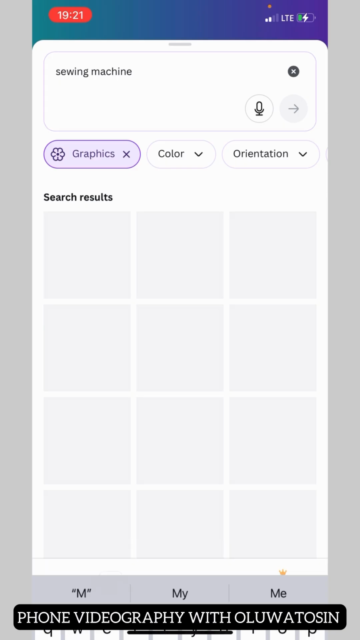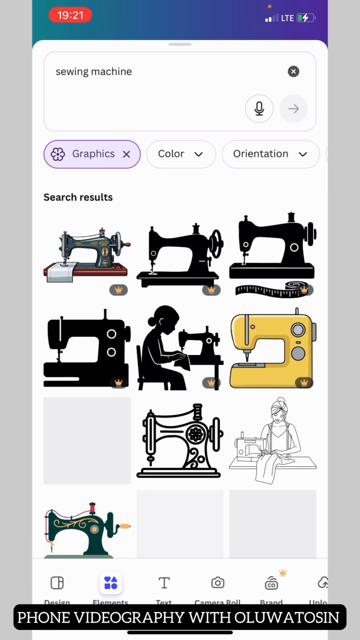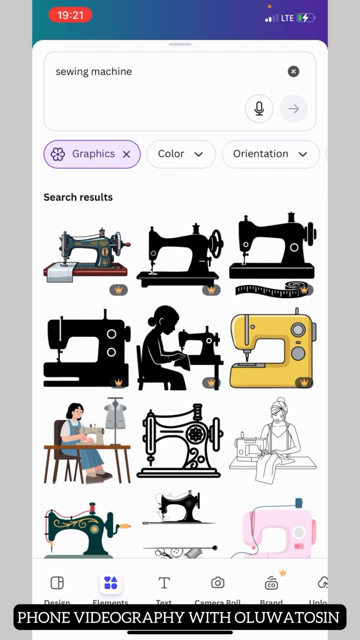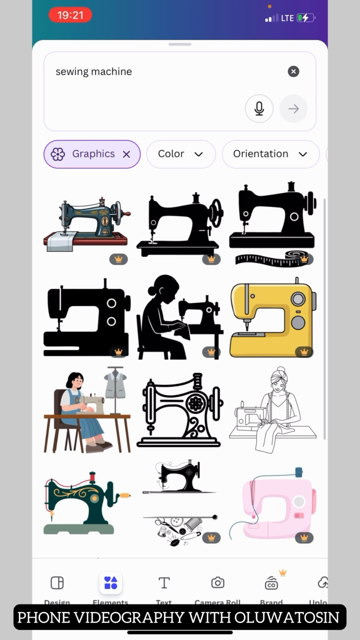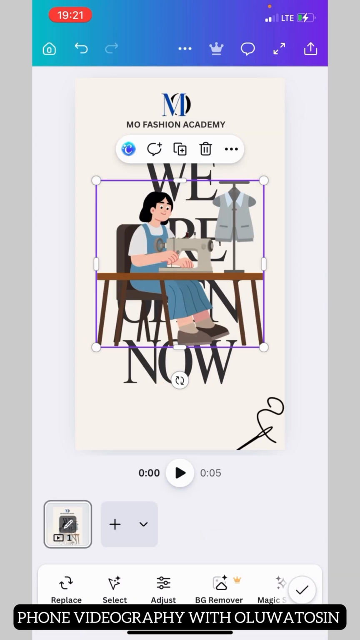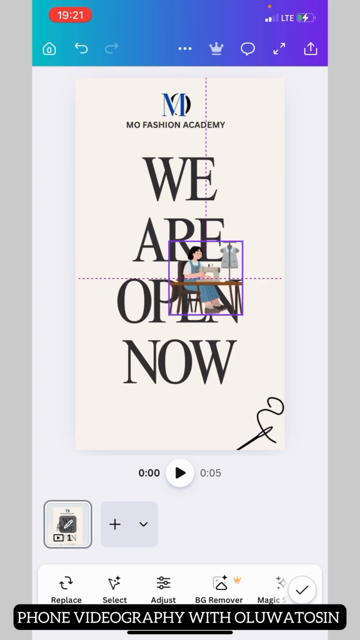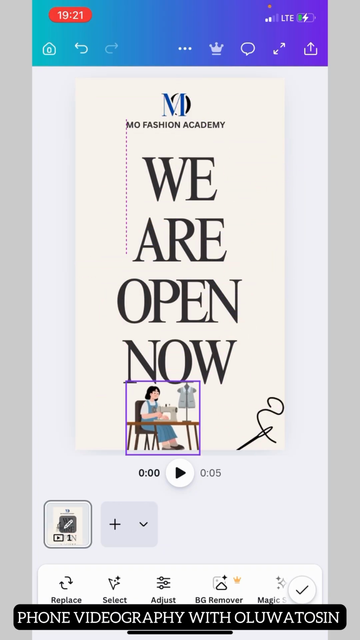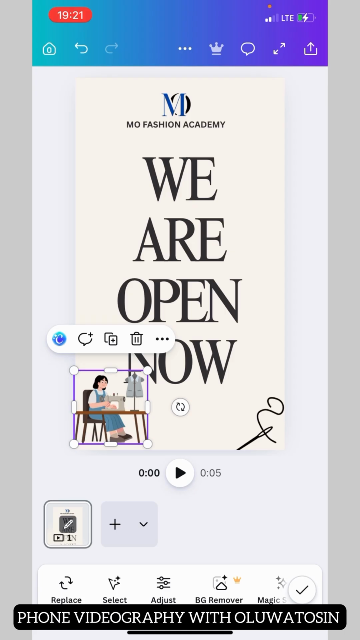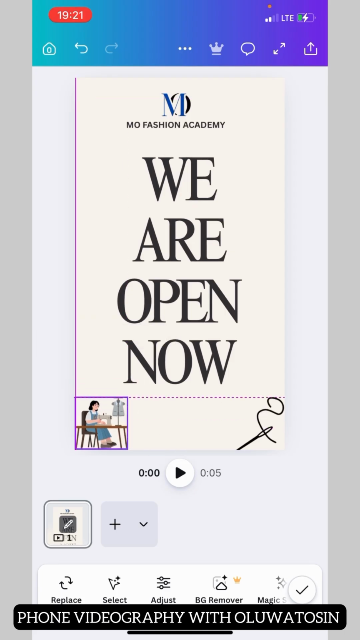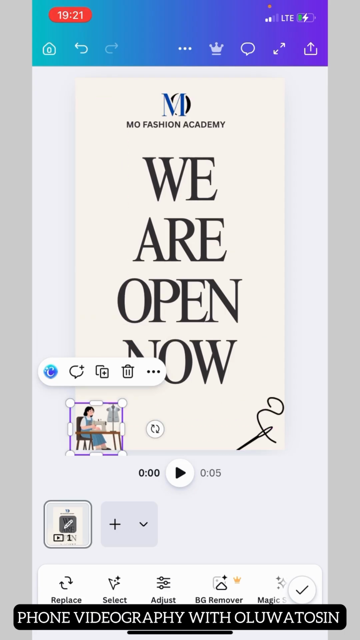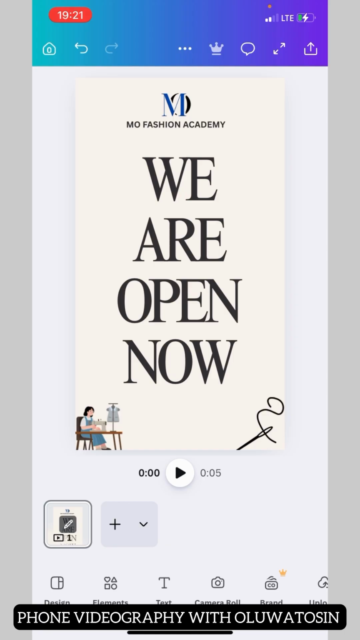So we have sewing machine, so I click on machines. So I look for the one that suits what I'm doing. I think I like this woman and there's no crown there, so we can use it. So I'm going to drag her, make sure that she is very small and it's going to fit. I want something really small. Okay, so you're just using this element to design your